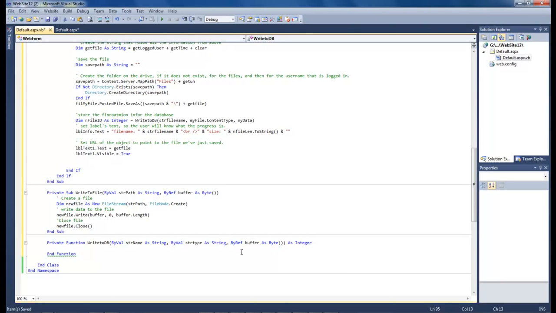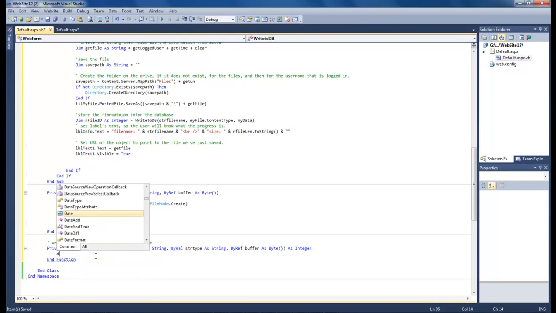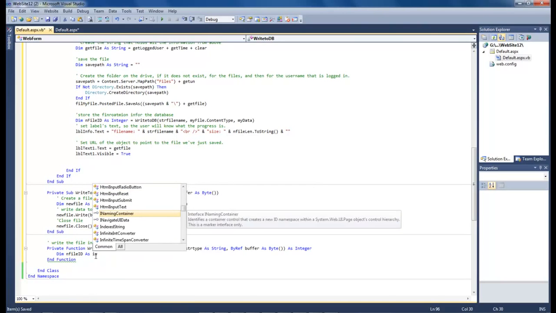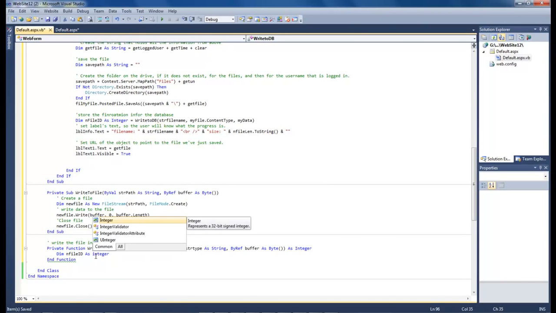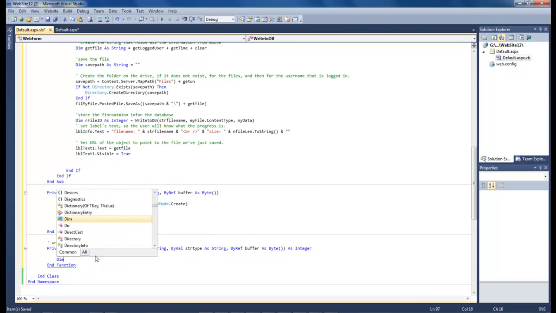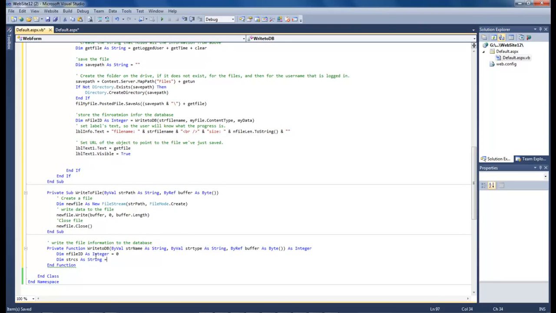And so now let's get on with some more writing. Also, let's add in a little note here so that we know what we're doing. This is going to write the file information to the database. Okay, let's go ahead and start writing stuff to our database here. First thing we want to do is do a dim in file ID as integer equals 0, and then do dim string cs as string, and then equals